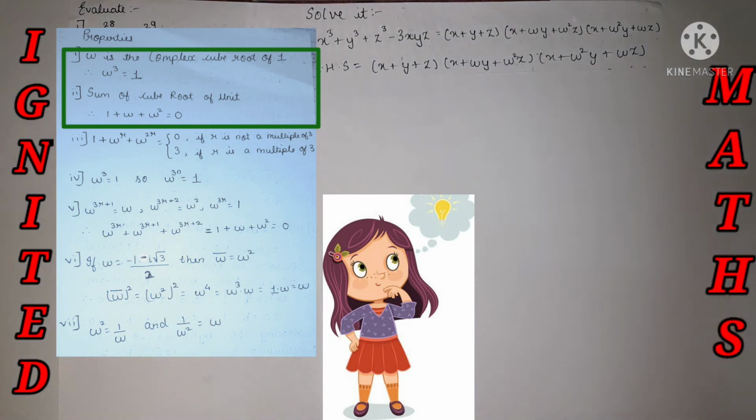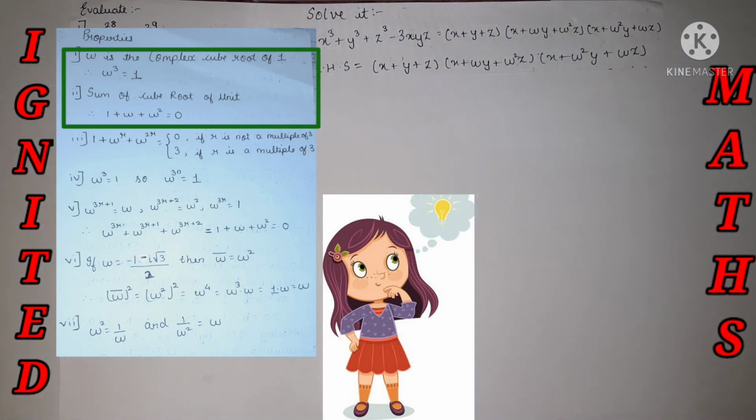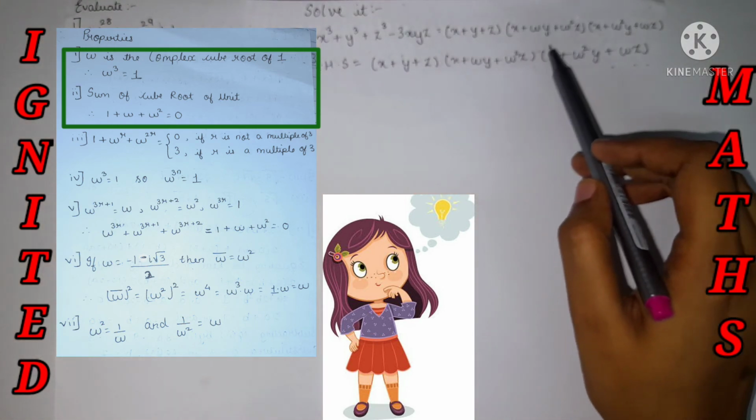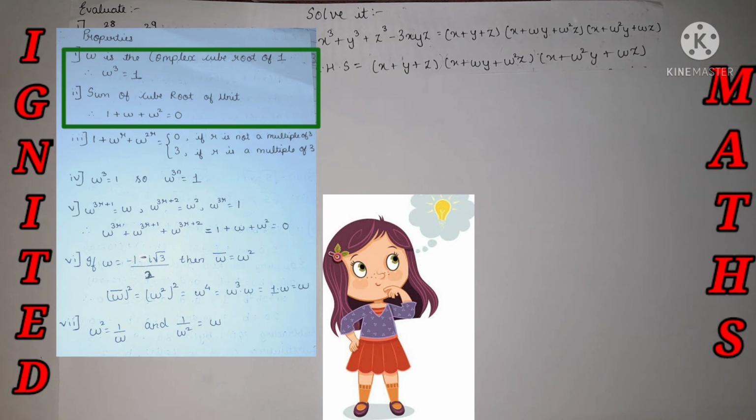Yes, the first question will occur, and the second is that the x y z terms are also with us, so I can't relate it directly with that property, 1 plus omega square. So what can I do now? Next, just do the multiplication, because all these are in the form of multiplication. So take the two terms and do the multiplication, and we will see the relation. The second property I applied, 1 plus omega square, but it's not valid because the x y z terms are also with us. So how can I bring it as a common term and use this property? So that property of the solution has failed.